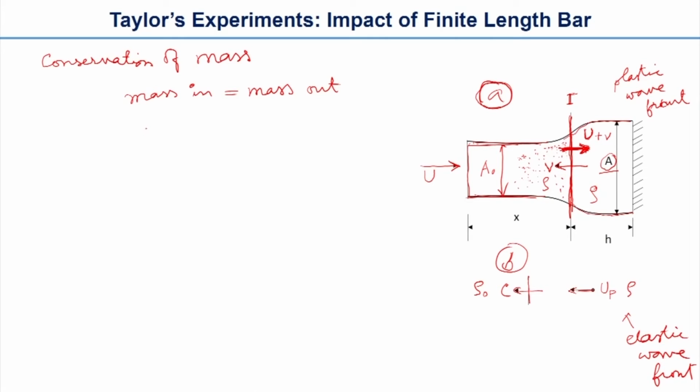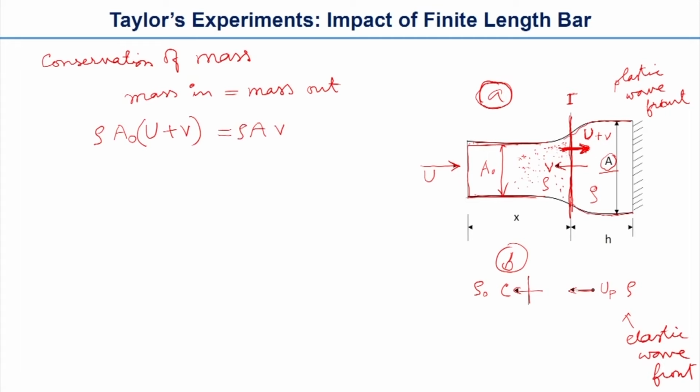So we have u plus small v multiplied by the area A naught, and rho. So this is mass: rho into area into velocity, the mass in, which will be equal to, on the right hand side, area A, rho is same, and then